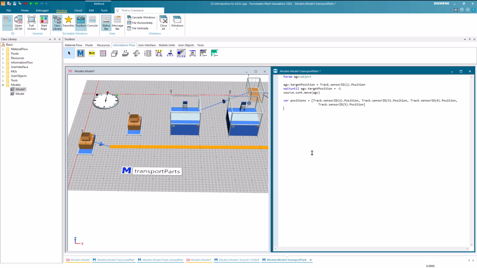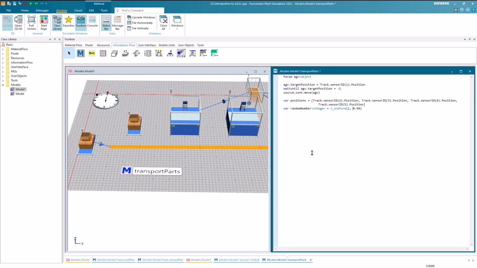To implement this, we create a variable named random number, and we explicitly declare its type as an integer. This ensures that we obtain integer numbers between 1 and 4, rather than real numbers. We then use the uniform distribution, passing 1 and 4.99 as parameters. The upper boundary needs to be set to 4.99 to assure that each integer number is generated with the same probability.